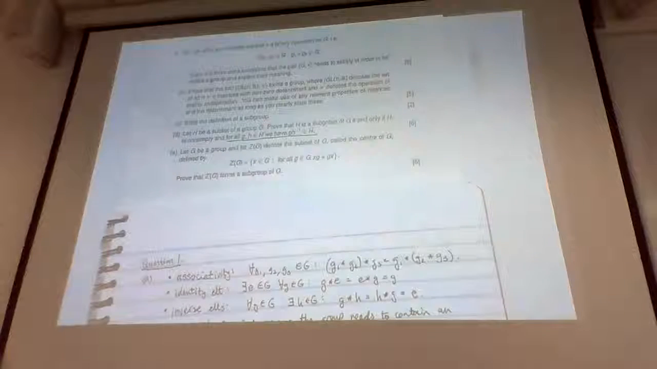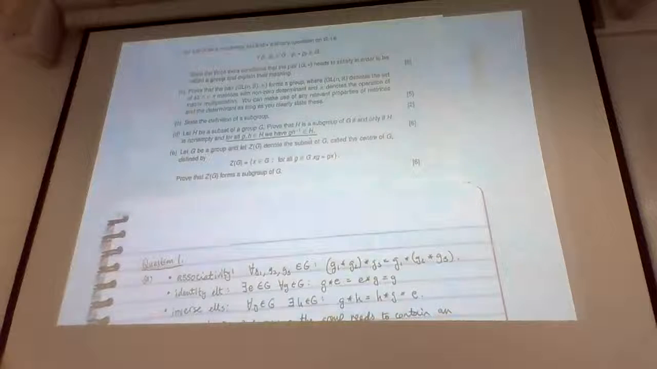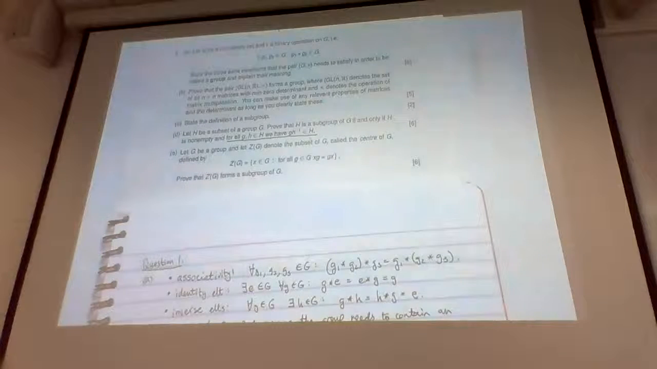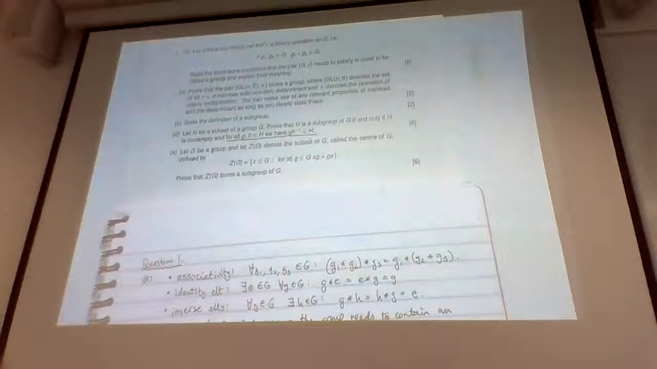So yesterday, question one was the basic early topics in group theory. Definition of a group, prove and discuss an example. Definition of a subgroup, and a couple of standard book theory results about subgroups. Okay. Question one,